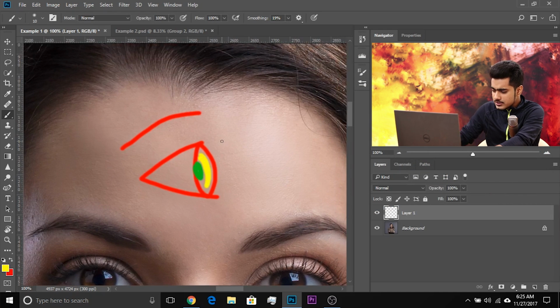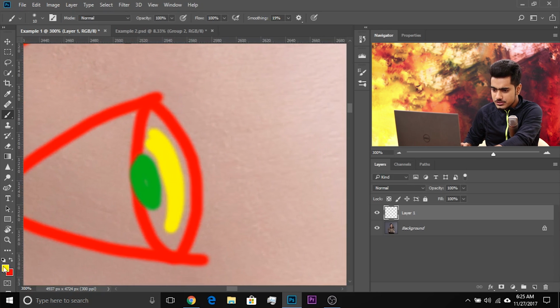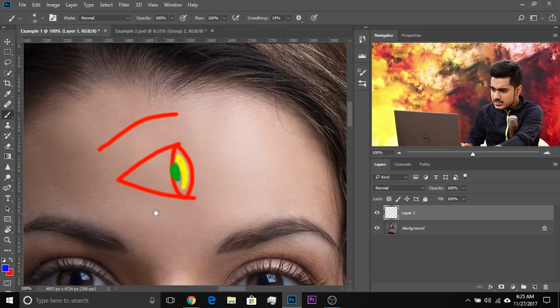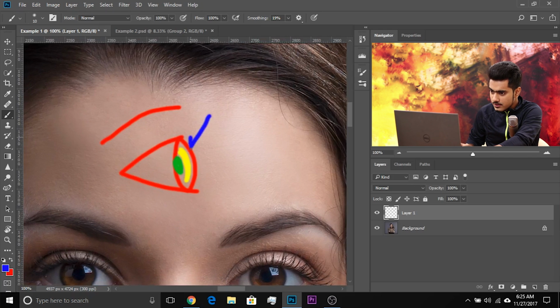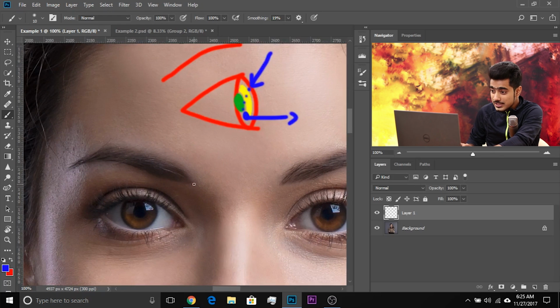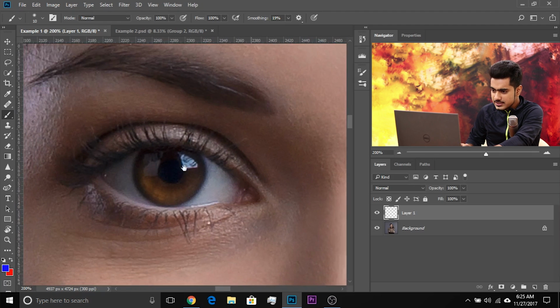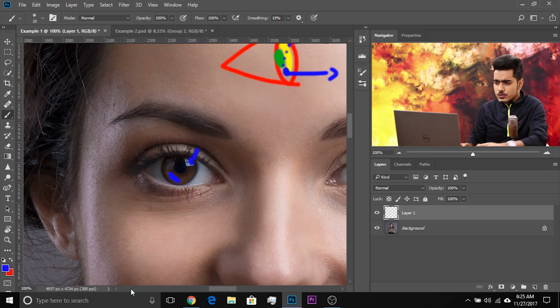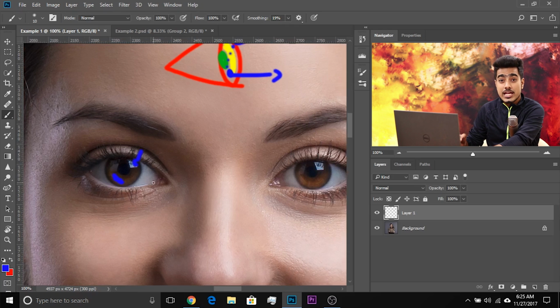Now suppose the light is coming from this direction, then it will go inside, it will reflect here and bounce off, right? So similarly in this case, if the light is coming from this direction, it will go inside, it will come to the opposite direction, it will make it shine and then bounce off to the camera. Sometimes the camera doesn't capture that. What we're going to do is accentuate that reflection. Alright, so let's go ahead and do it.